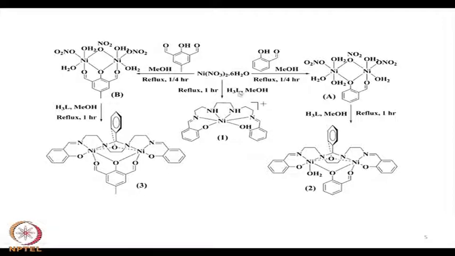and whether you are adding some strong base, because in most of these cases, when we talk about the coordination of phenol to any metal salt or any phenol substrate you are using, in presence of the metal salt, if you do not put an appropriate base, say simple triethylamine, giving an appropriate base is very important, otherwise you do not get the corresponding deprotonation of the phenol unit. Here we are directly reacting, refluxing in methanol for 1 hour with this ligand, giving you some compound. Already you have the nitrate groups present.